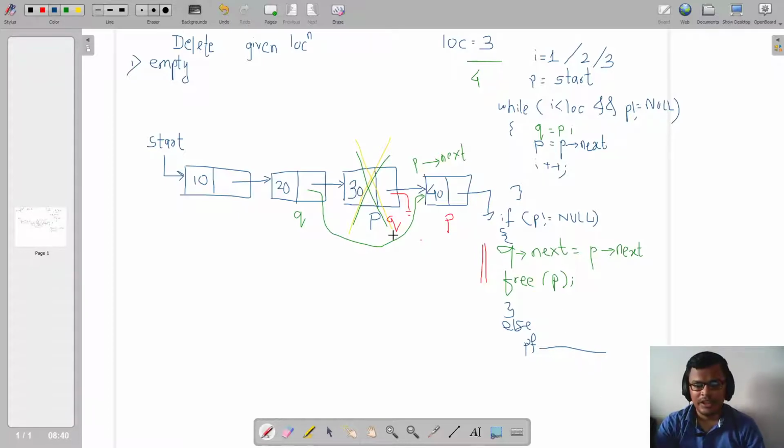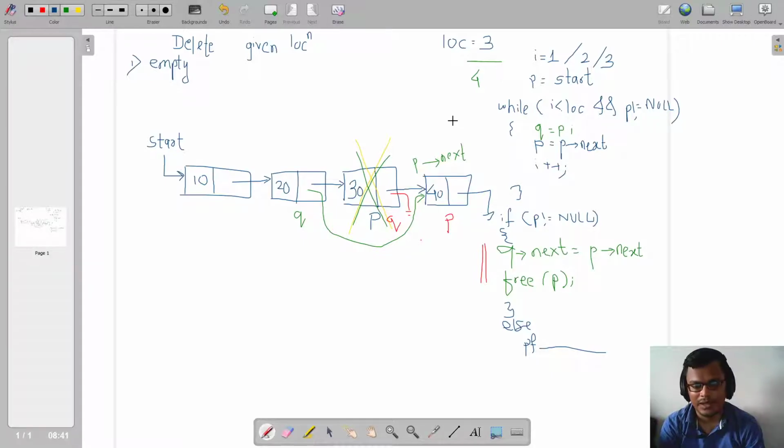Now, if my location is 4, we understood Q is 2, correct? If my location is 3, Q is the second node. If my location is 2, Q is the first node. But if my location is 1, then I have a problem, right?